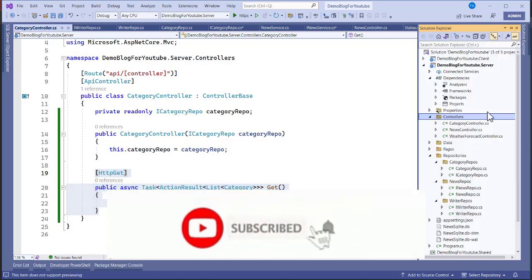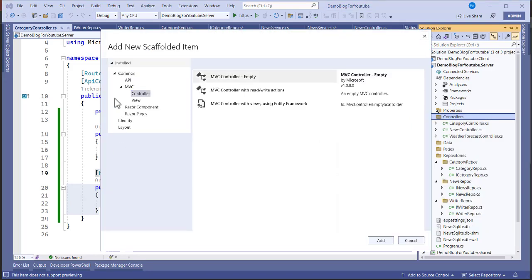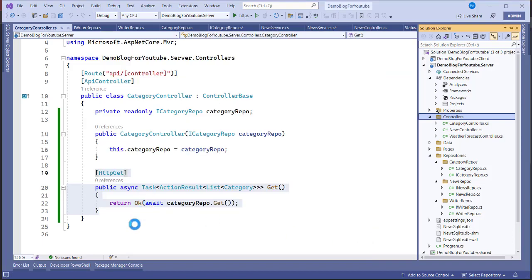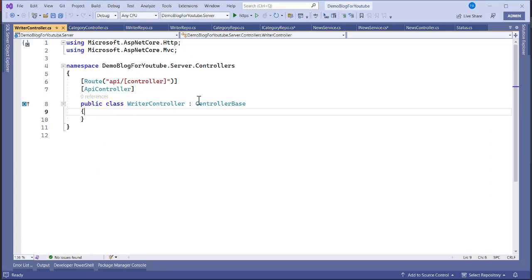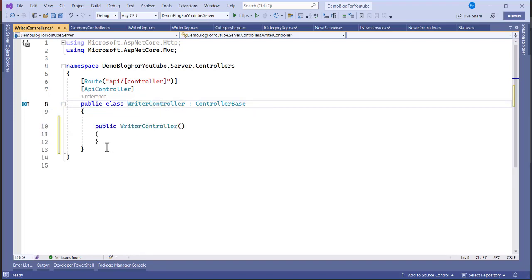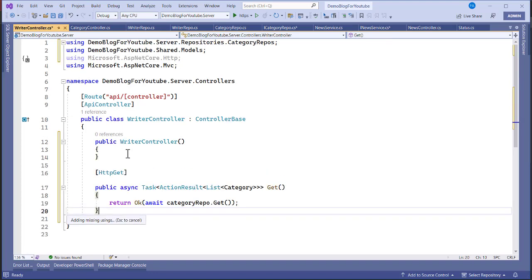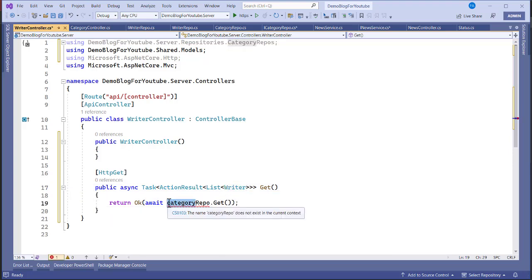Let's save this, and now let's create another controller for the writer. The API empty one, and this is writer controller. Let's create a constructor over here. So generate constructor, and now in here let's paste this. Now instead of writer, instead of category, this is going to be writer, and we're going to say writer